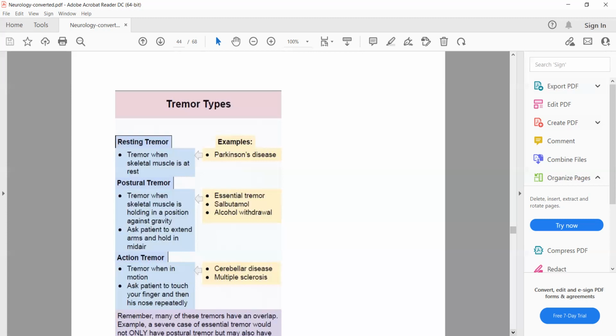For example, when skeletal muscle is holding in a position against gravity. If you ask the patient to extend his arms and hold them in mid-air, so basically you can say that postural tremors are obvious in a specific posture, such as holding out hands in mid-air against gravity. Examples of postural tremors include essential tremors,